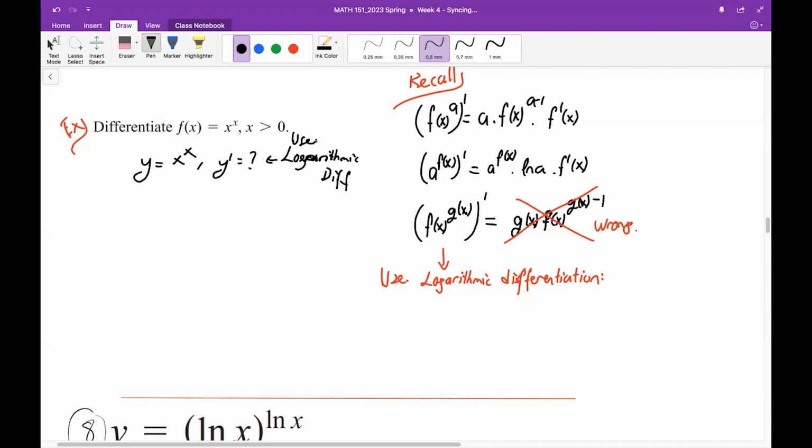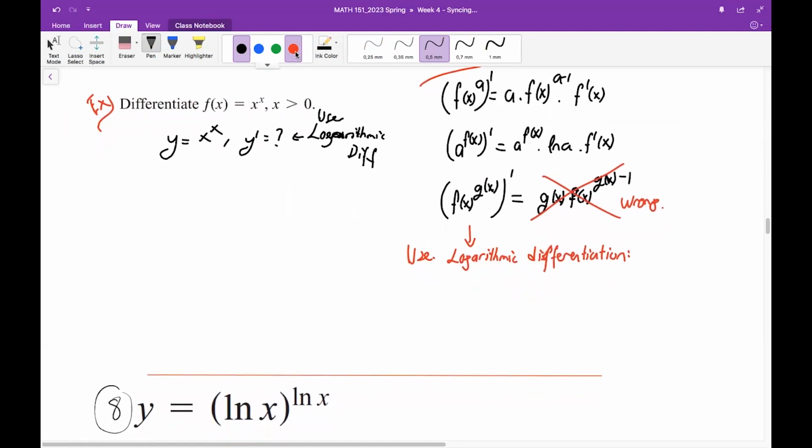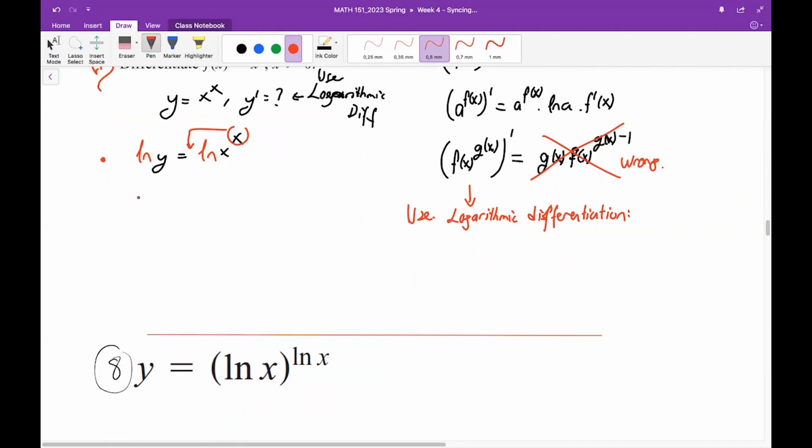Okay, let's use it. I explained how to use it in my lecture videos, but here, let me remind you. You start by taking ln of both sides, okay? This is the first step. After putting ln on both sides, you are allowed to take this power down. You know, this is the useful property of the ln function. You can take this power down to the front. Then you will have an equation like that.